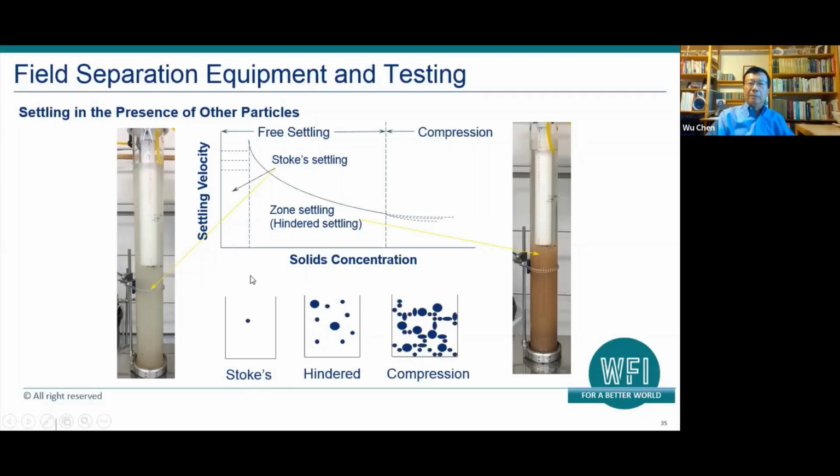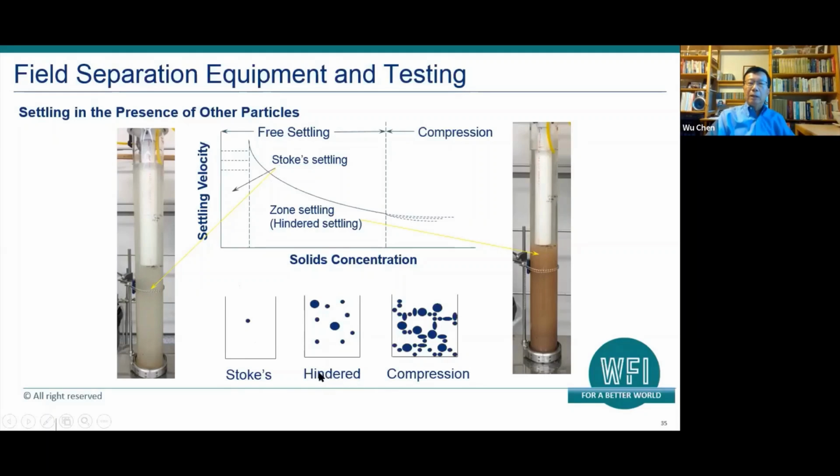And here I'm illustrating Stokes settling. Basically, you have one particle settling in an infinite liquid. This is Stokes settling, and we calculate it based on the Stokes equation, right? And here's the settling velocity as a function of solid concentration. Okay, and then once the concentration becomes higher and higher, we start to get into a region called hindered